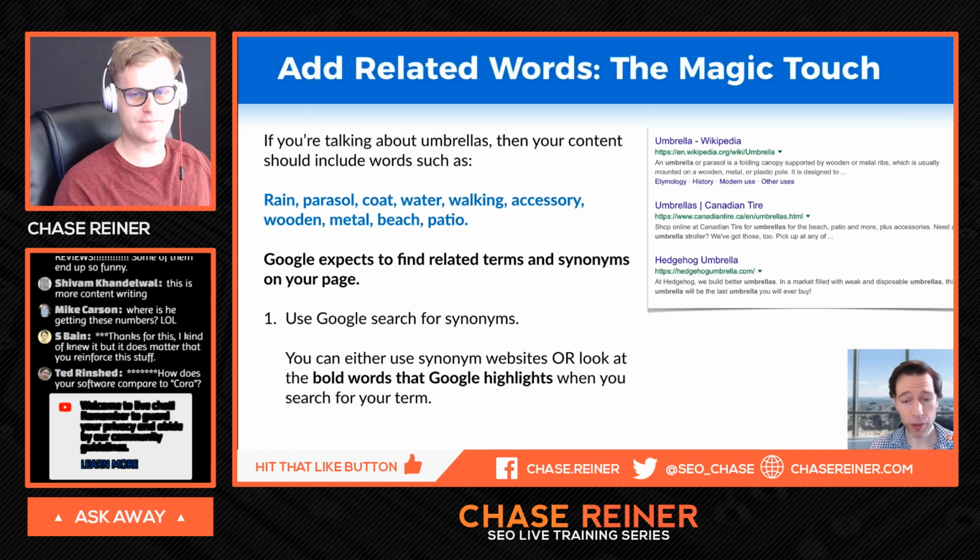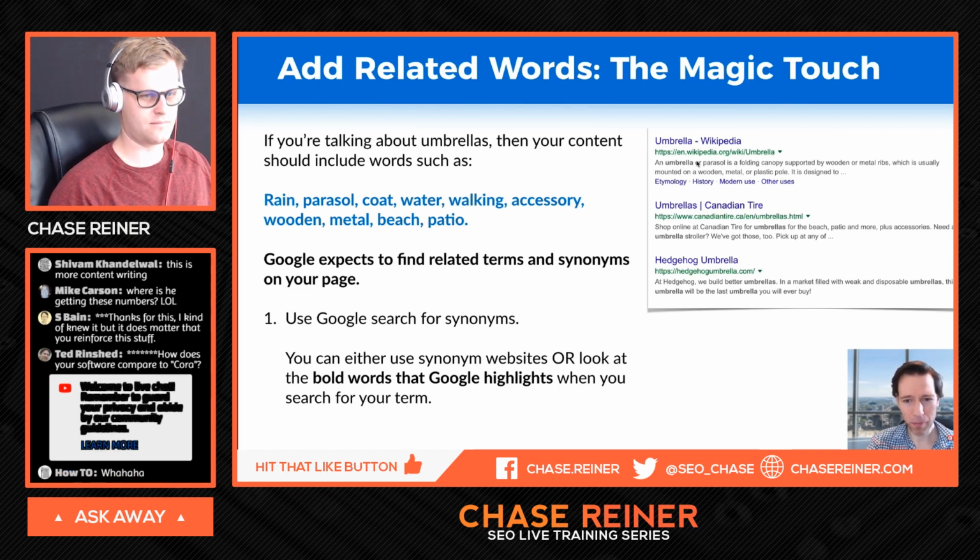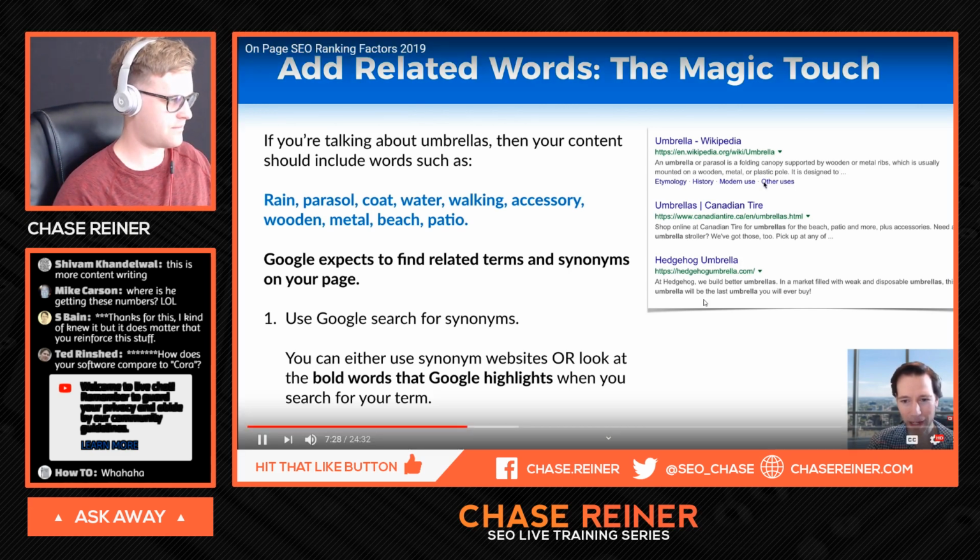All you do is just do a Google search for your search term, and most of the time within that first page you're going to see a ton of related words. So let's take a look right here. I did a search for umbrella. Here it says umbrella, parasol, wooden, metal. You're going to have a plastic pole, and then you can kind of see, oh, umbrellas for the beach, patio,